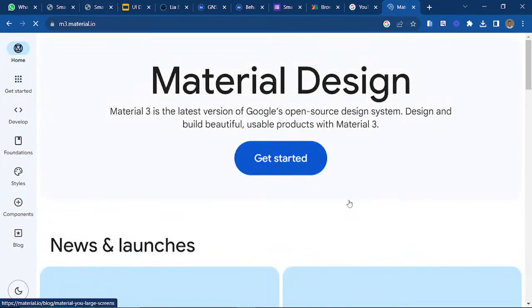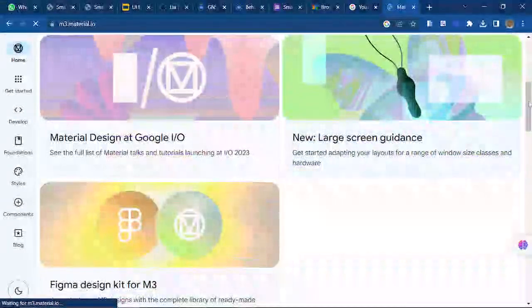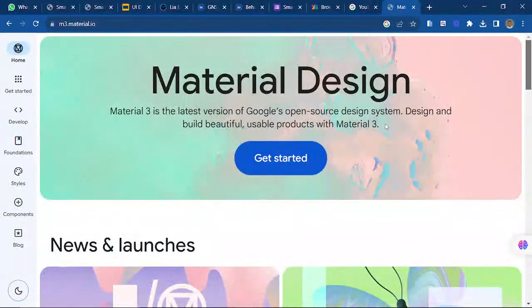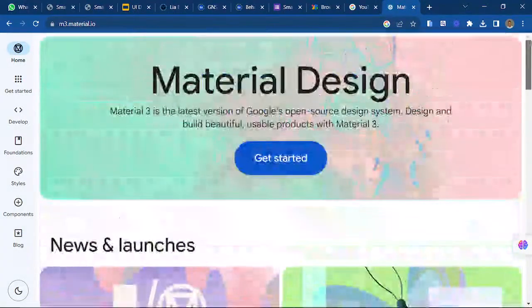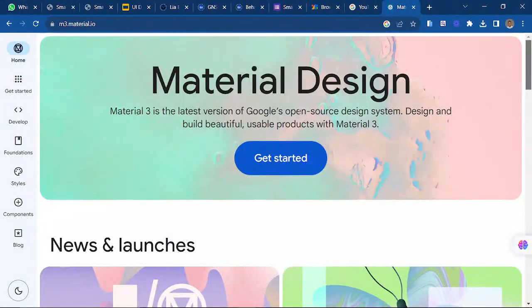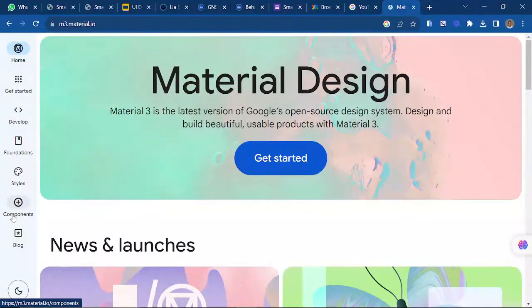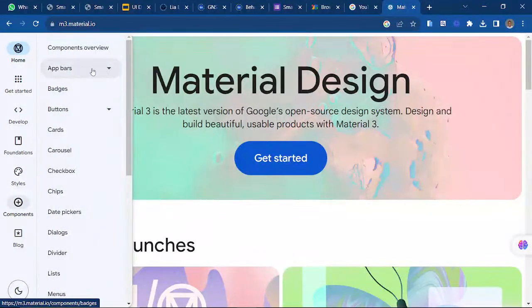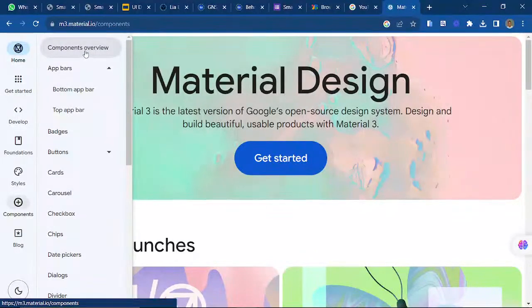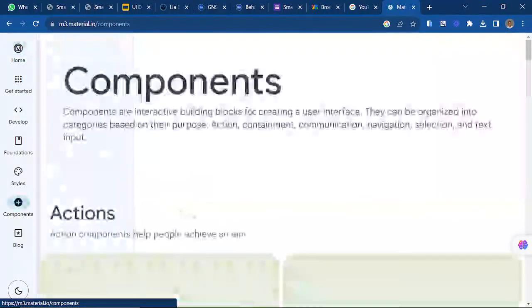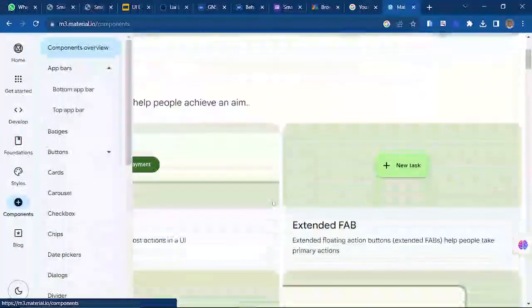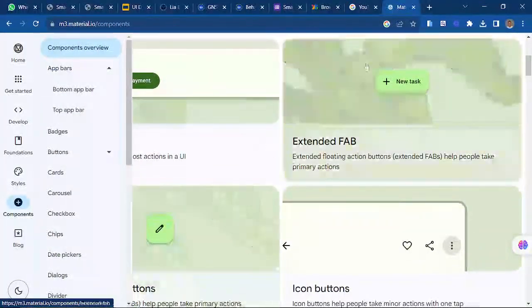So this is where you can find every design element. We call this a design system, right? A design system usually contains design elements, style guides, and the likes. But before we get to the styles, we can just take a look at the components. So I talked about